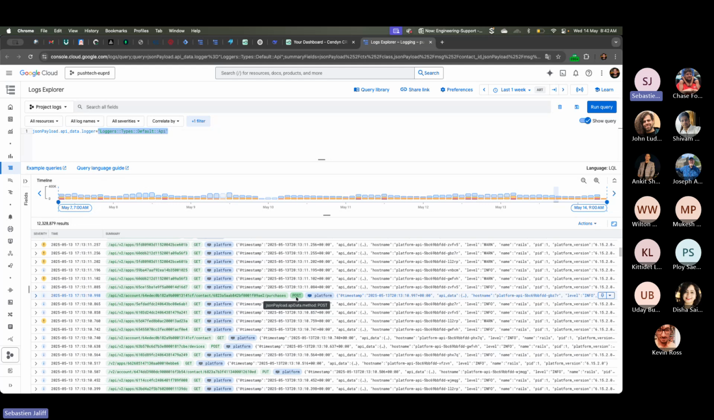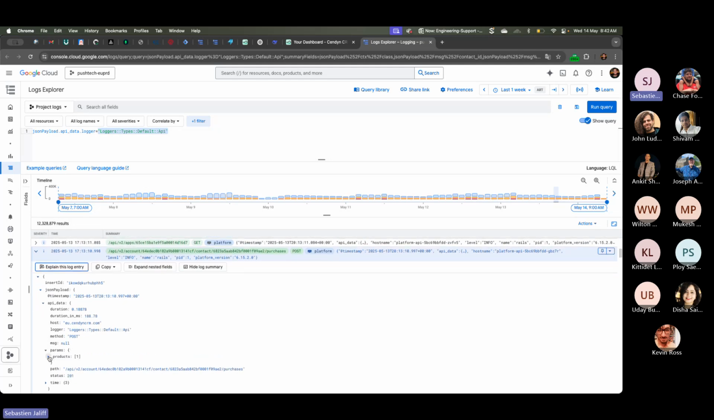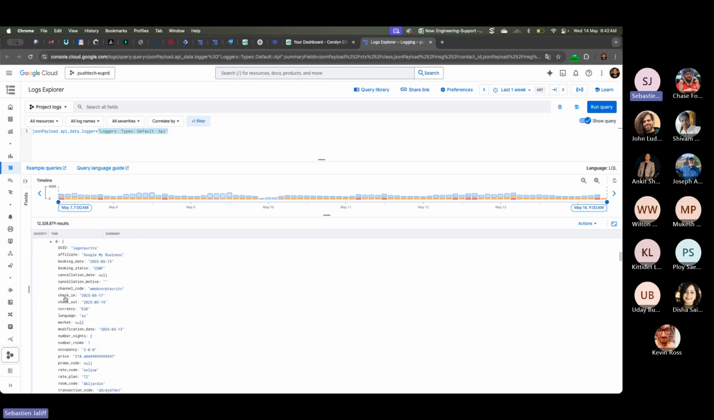For example, POST is when a customer sends a request with data. GET is when the customer tries to get data, okay? And PUT is when the customer tries to update data, okay? For example, in this case, you have a POST for purchases, and this customer tries to create